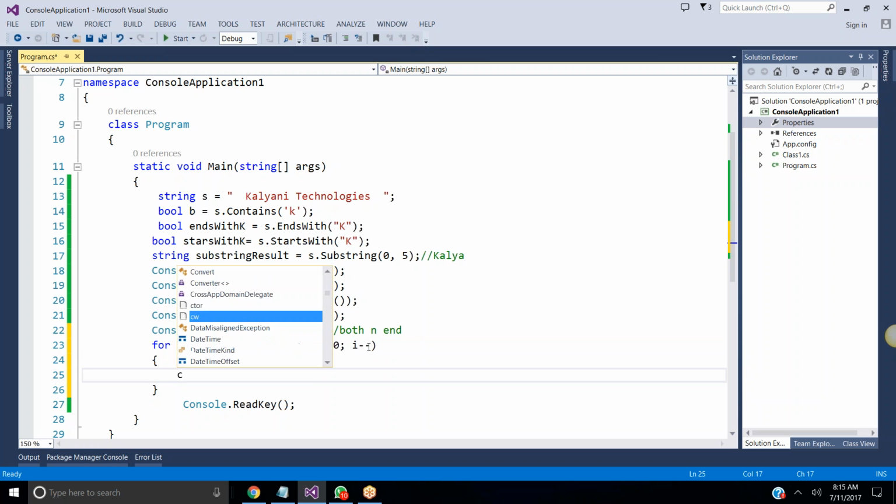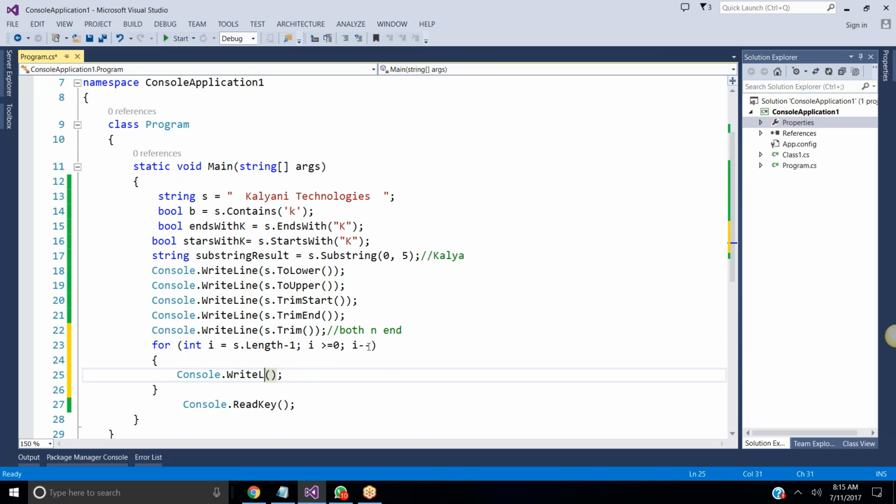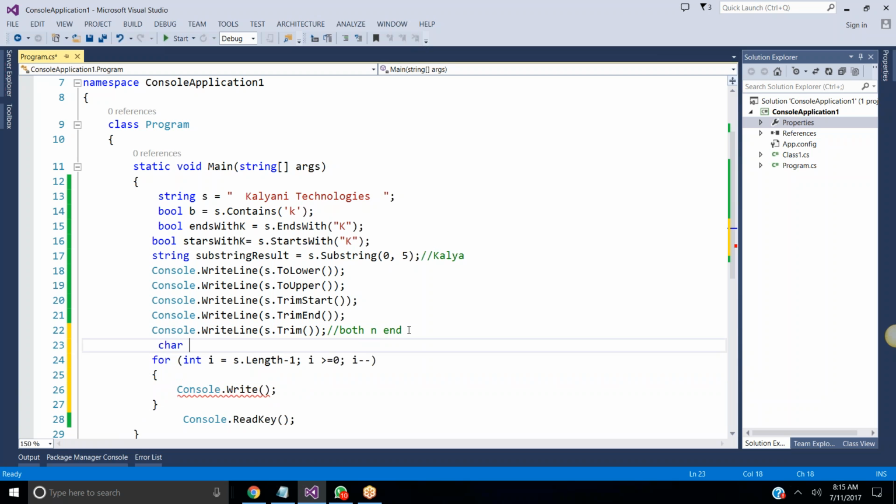So here I'm using console.write, not console.writeline. Okay, fine. Now the values need to come like this, right? See here, I'm taking the string as a collection of characters, so s dot ToCharArray. Now listen here, all of you. See, we need to take C of 5. Understood this part, all of you?